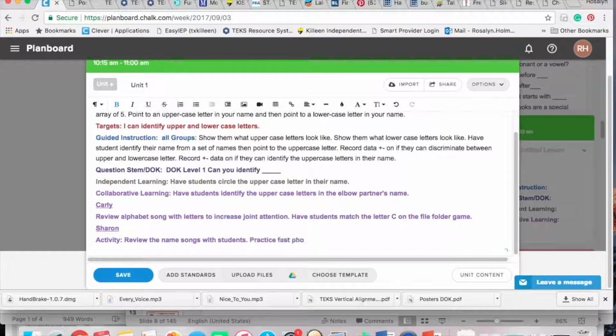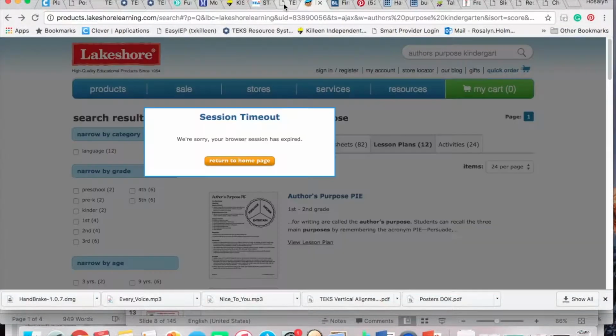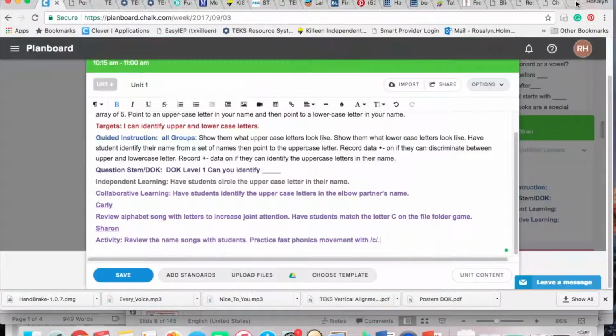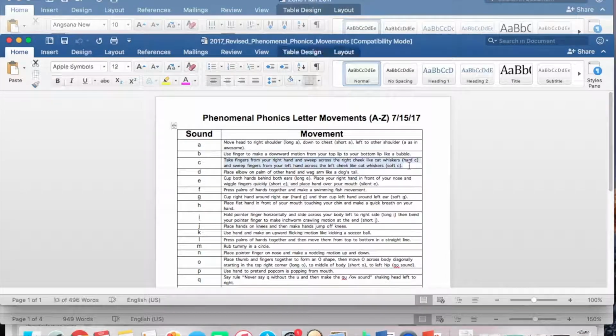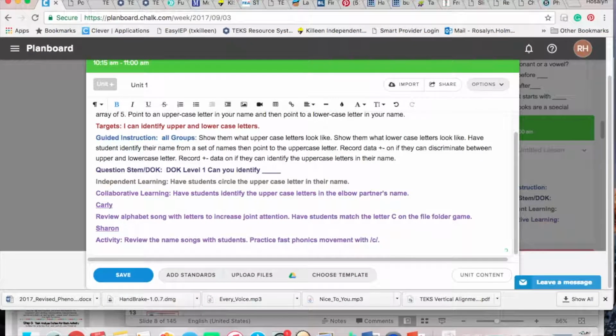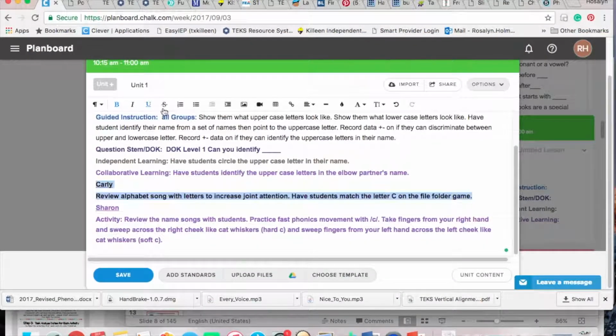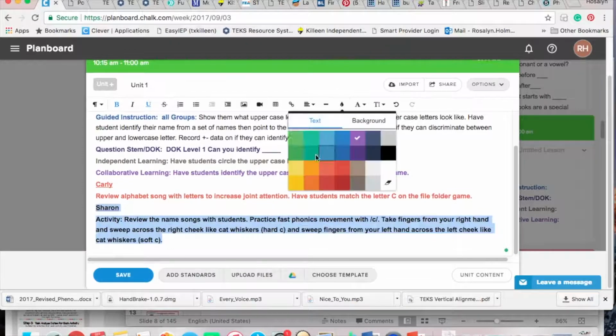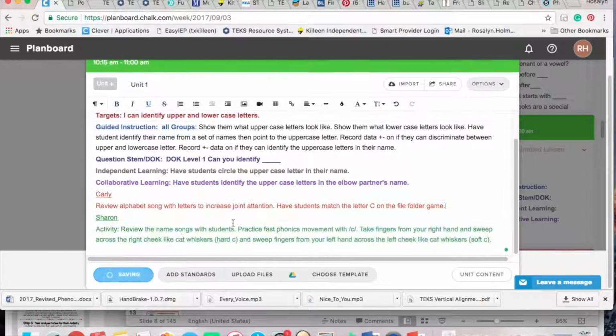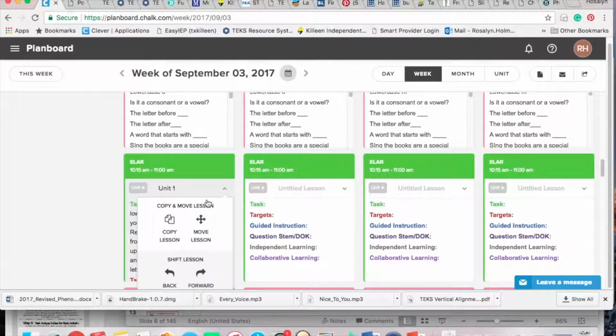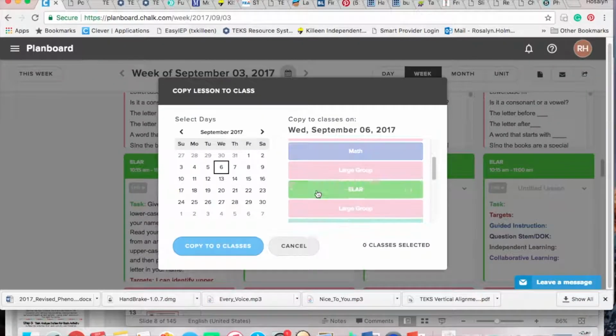This upcoming week, I'm going to be doing independent workstations, and I'm going to probably do a video on independent workstations and how I set them up and how I teach them. So each one of them has a task and an activity, and what I like to do is put in exactly what they're supposed to do, and if there's a picture to go with it, I will put a picture and illustrate it. I color code them so they know whose is whose, so they can just look at it spot on and tell what it is. Next, I copy the lesson for all 5 days,